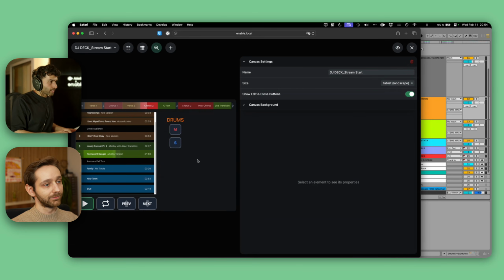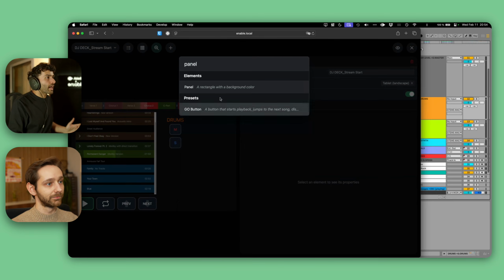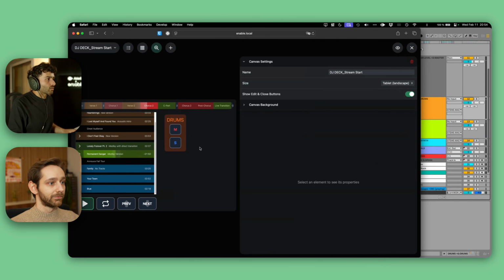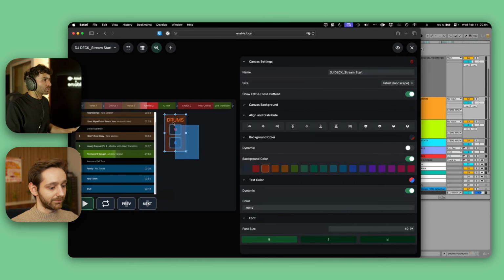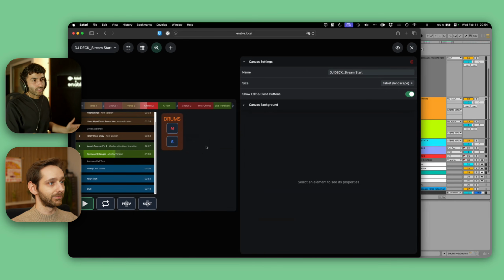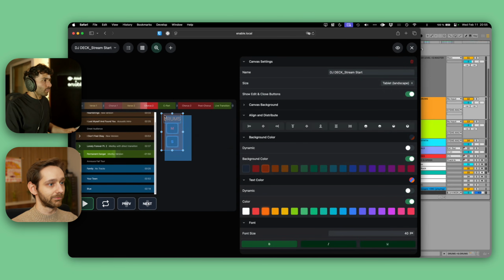And then another thing that we have is actually called a panel, which is basically just a background area. We can use it for coloring and just mark in an area like this. And this is automatically nicely placed behind my controls, right? So I got this nice little UI for controlling my drum group. Yeah, and then I'm just gonna go ahead and copy all of this